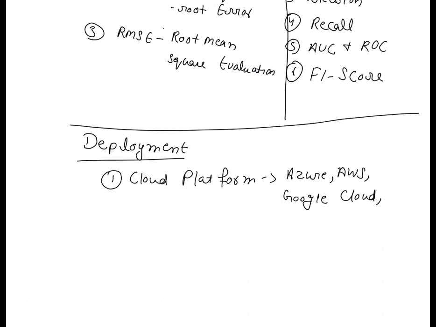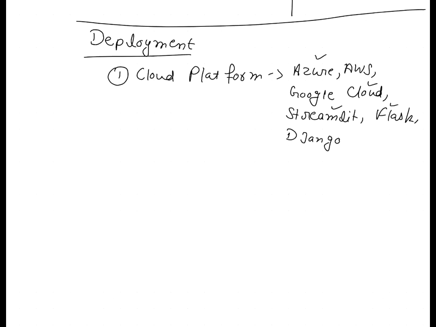And if you want, you can also use Streamlit. This is one of my favorites. Flask is a Python framework. You can also use Django too. This is additional, but you should learn one of these. You don't need to master all of them. You can pick any one. This is your choice. You can also, at the initial level, just go with Streamlit or Flask, and then slowly start learning Azure or Google Cloud, how to deploy your model.